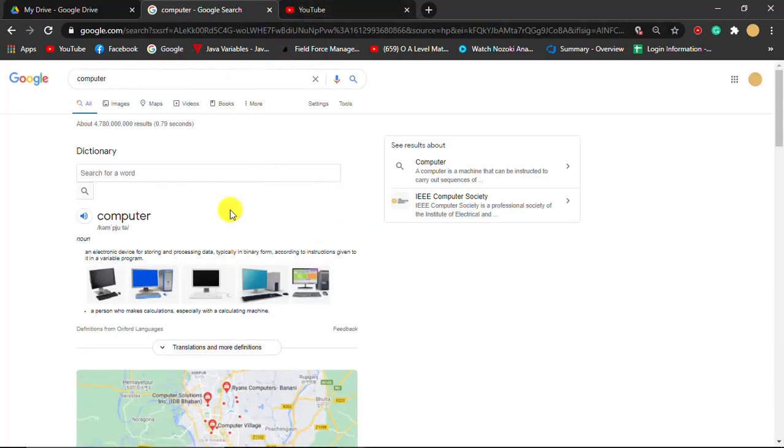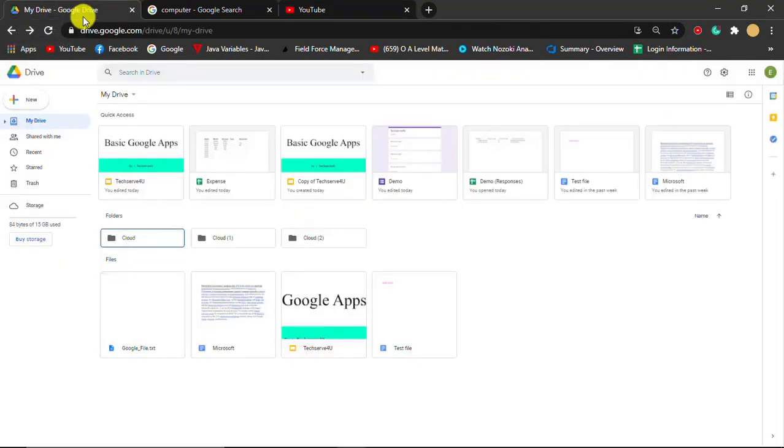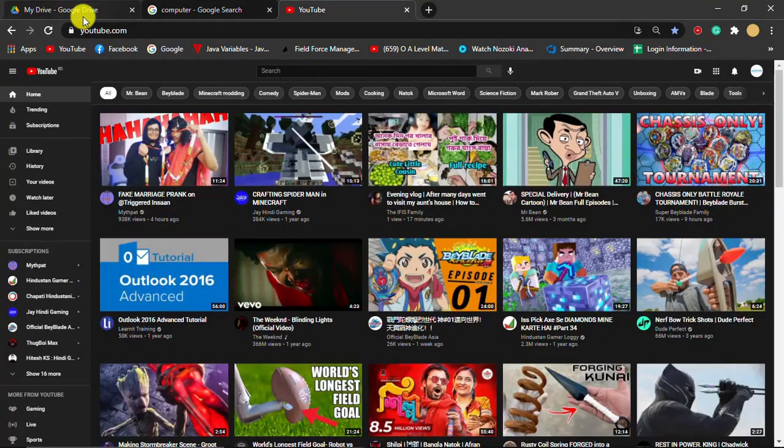So now let's say I want to see a video on computer, so I have to go back here. I can use the keyboard shortcut, that is Control plus Tab. So now I can change between these tabs. Now if I want to go back to my Google Drive again, I can use this Control Tab. I can go to Google again, I can go to YouTube again, and I can also manually click on them